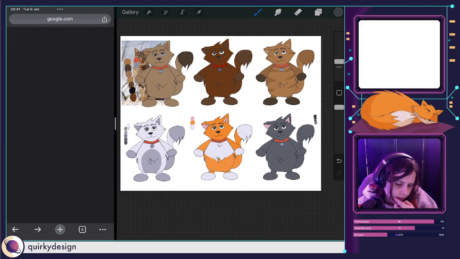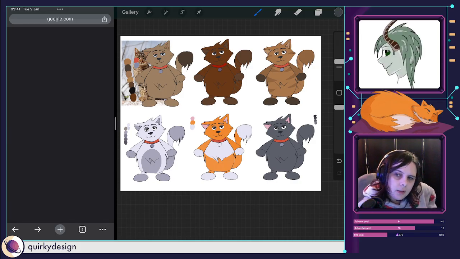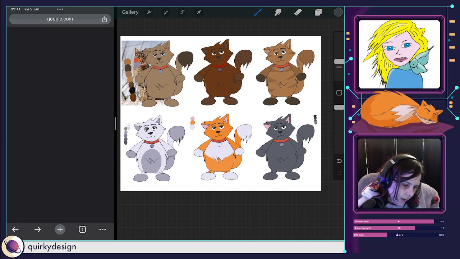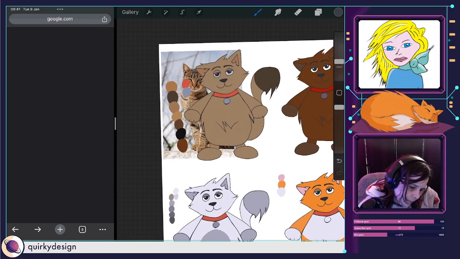I actually like the idea of just having it in one colour. Obviously I can make some areas dark with shading, but it's not too bad. Not too bad at all.